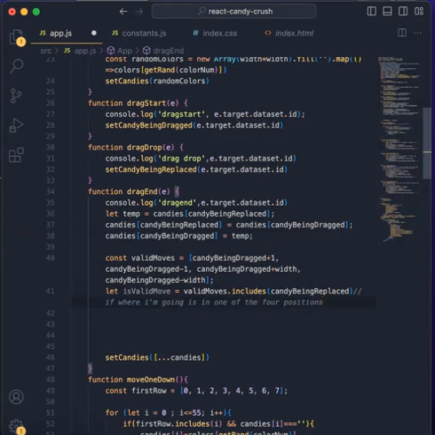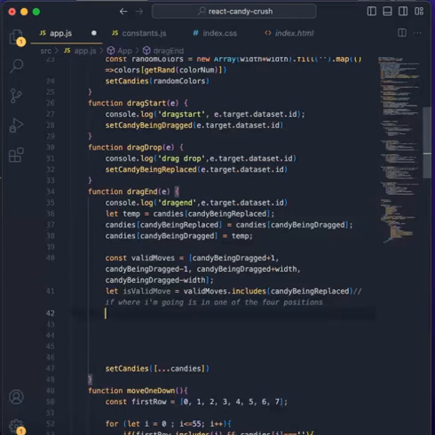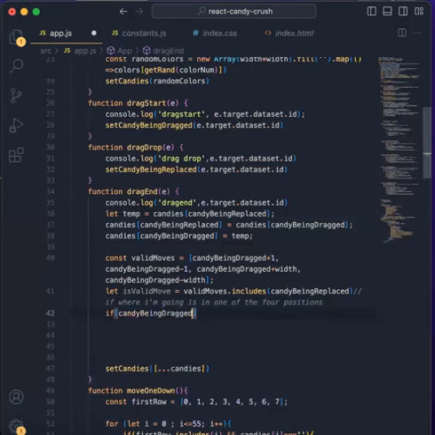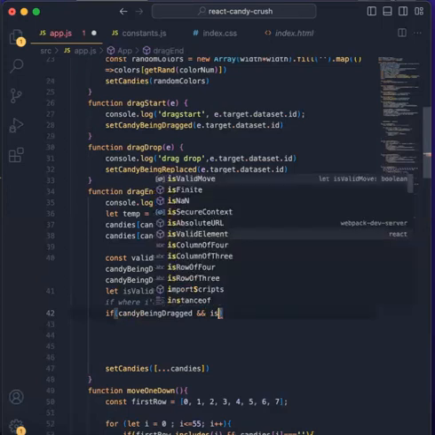Then that's a valid move. Okay, so then I will say if candy being dragged, so if there is candy being dragged and is valid